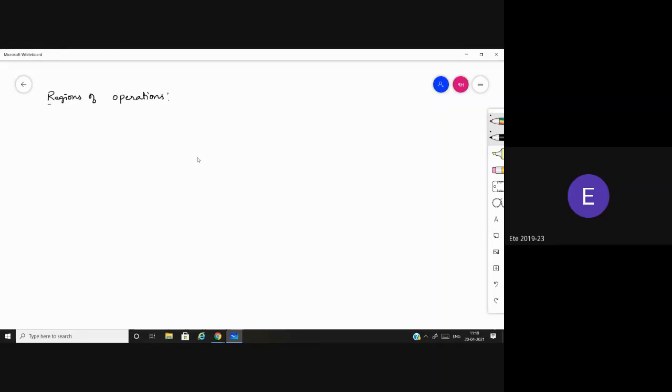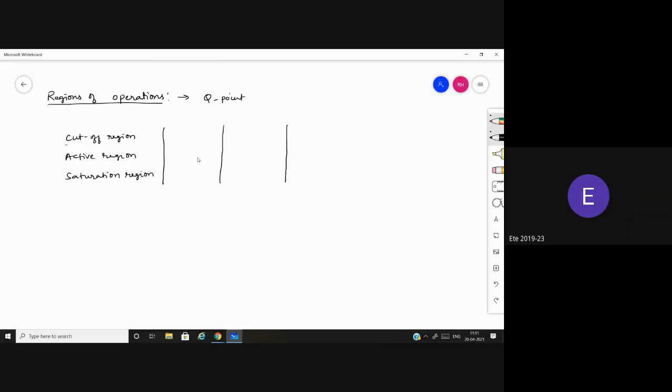because this is mainly dependent upon the operating point, that is the Q point. Based upon the position of this Q point, we can decide whether it is going to act as an amplifier or a switch. So based on this, we have three types of regions of operation. One is the cutoff region, the other one is the active region, and the other one is the saturation region. In these three regions of operation, we need to know how to connect.